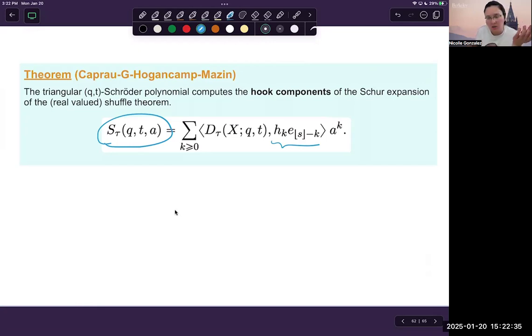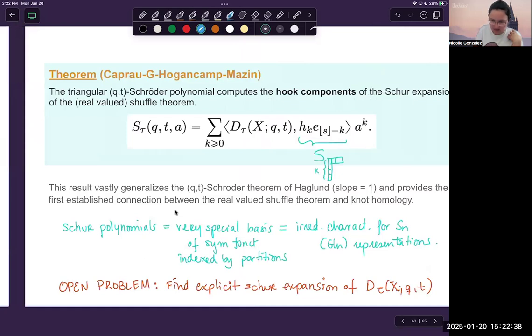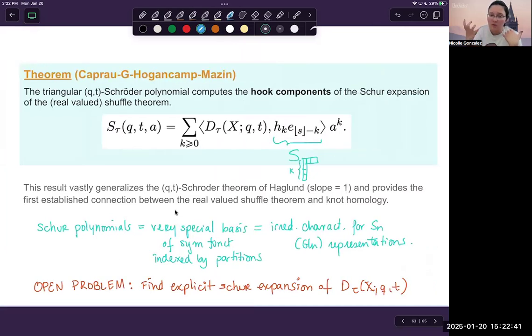This is really cool, partly because it generalizes a previous result due to Jim Haglund, known as the q,t-Schröder theorem, which was restricted only to the slope being 1, but we generalized it to the slope being any real number that you want. It's a full generalization of his theorem, but also it's the first connection that we have between knot homology or knot theory and what people call the real-valued or rational shuffle theorem. Anytime you have more connections between two areas that you wouldn't expect to be related,